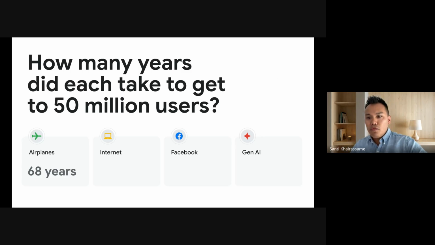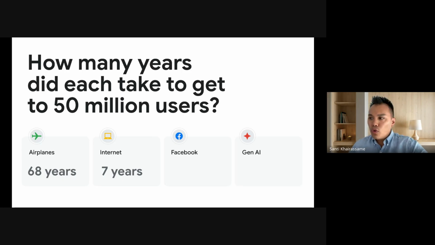The internet. Now let's move on to this one. How long do we all think it took for the internet to get 50 million users? I'm guessing 15 years. I'm seeing 20, 10. Okay. From its invention, I think it was invented as a military tool. Then we had AOL dial-up, which, fun fact, I heard recently that AOL decided to end their dial-up service. Good for them for keeping it going. All right, 7 years. So it took 7 years from the invention of the internet to reach 50 million users.